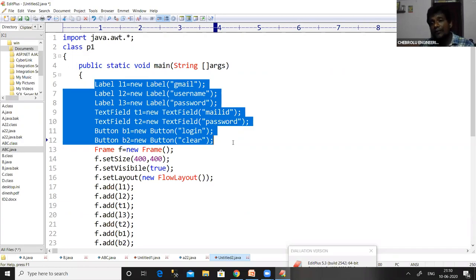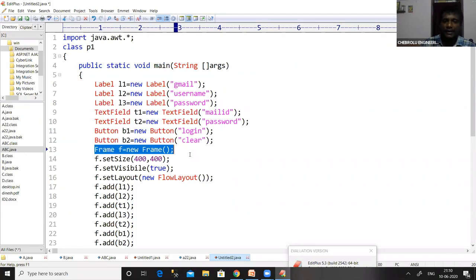So in order to create a frame in our program, I have created an object for the Frame class, that is Frame f = new Frame. So it will create a container, as the name suggests, that it will hold some components in a space. And then keep one thing in mind: when we are dealing with containers, the size of the container should be maintained in the program.